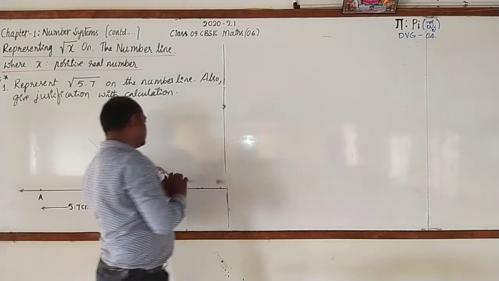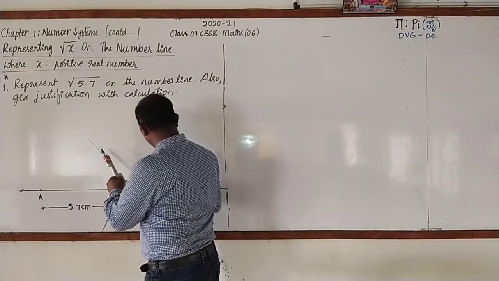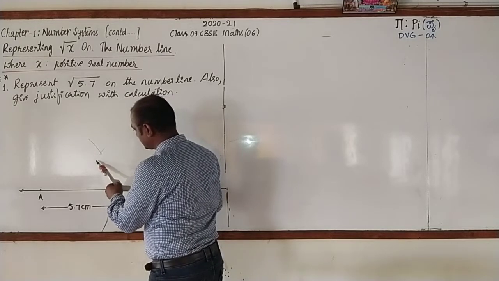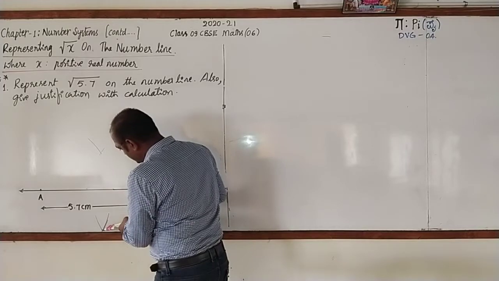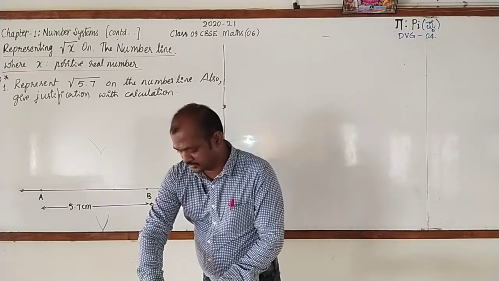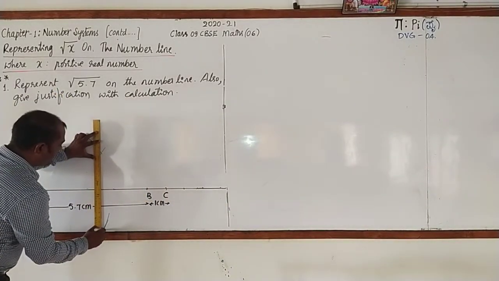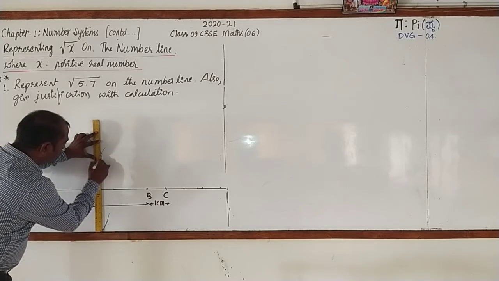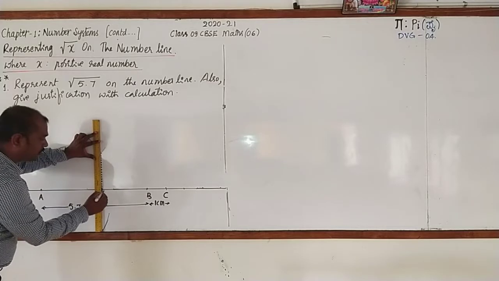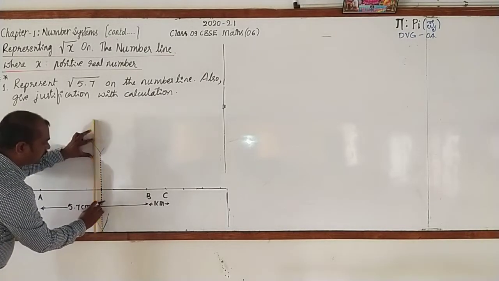Next, with the same radius, with C as center, draw another arc which cuts the previous arc. Next, it cuts the second previous arc. Got it? Next, join these 2 points with a dotted line. It is an imaginary line, or you can mark only 1 point here and call that point of intersection